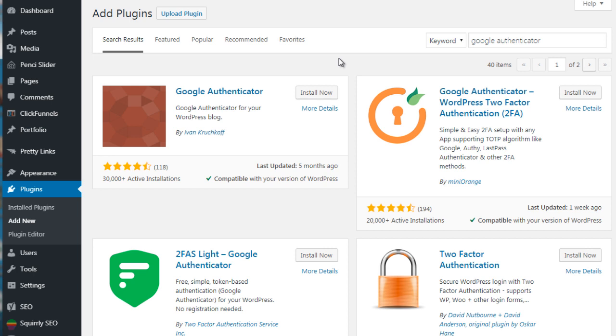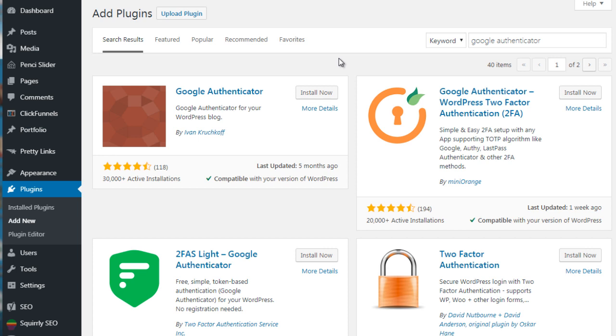A lot of times, the reason it's called two-factor is because you'll have to log in, number one. But once you've logged in, you'll have to use some sort of app. This way, you really protect yourself from a brute force attack. A brute force attack is basically somebody trying to log in to your WordPress site, but in order to do that, they have to guess hundreds or even thousands of times what your